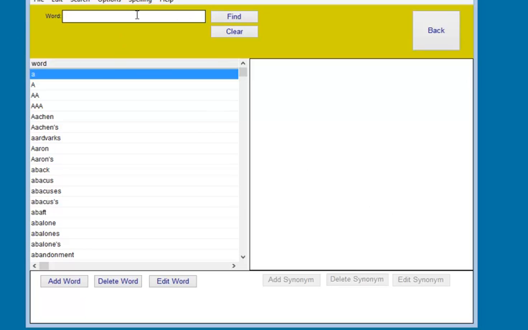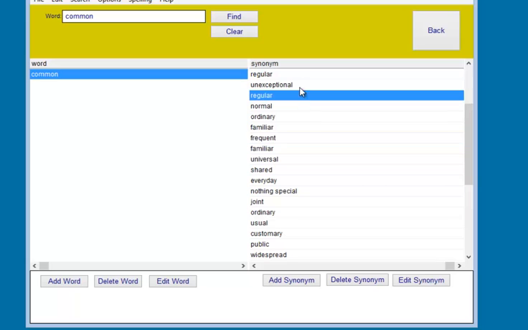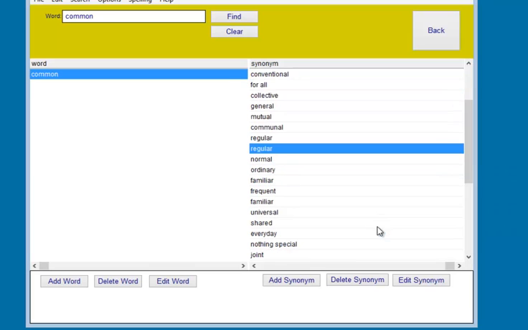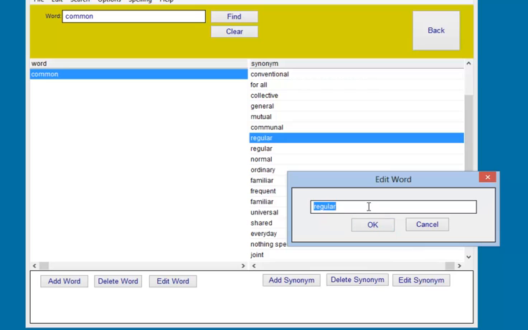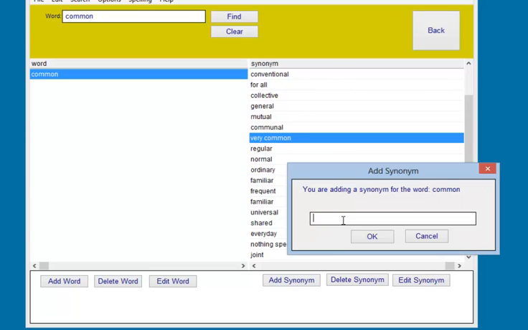If you want to look up a particular word, then just type it in here and hit the find button, and it will find it and bring up all the synonyms here. And again, if there's a synonym you don't want for a particular word, hitting the delete synonym button will take it out. And if there's a word that you do want but you just want to change it, so in here for example I've got the word regular twice, so I might want to edit that and replace it with another word or phrase like that. You can also add synonyms to the list,